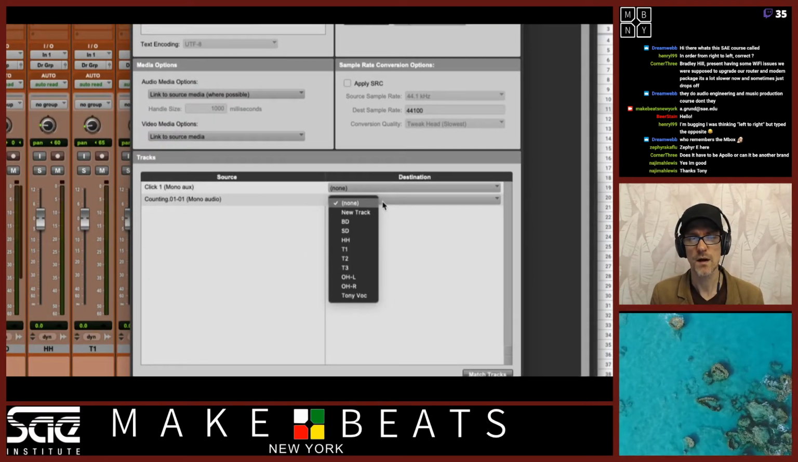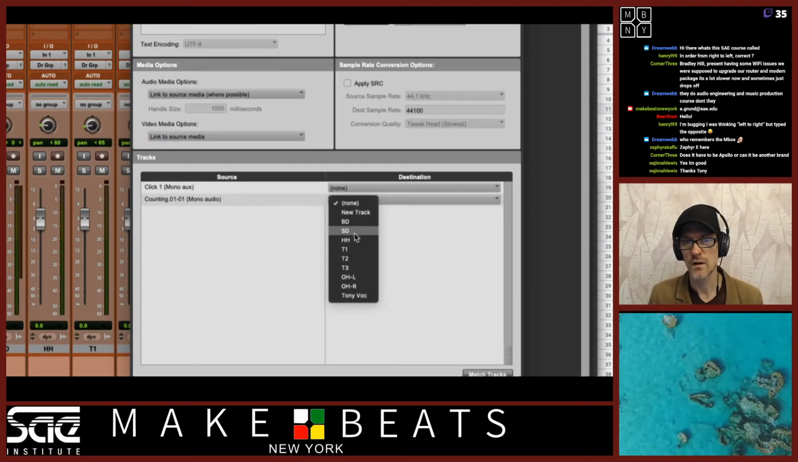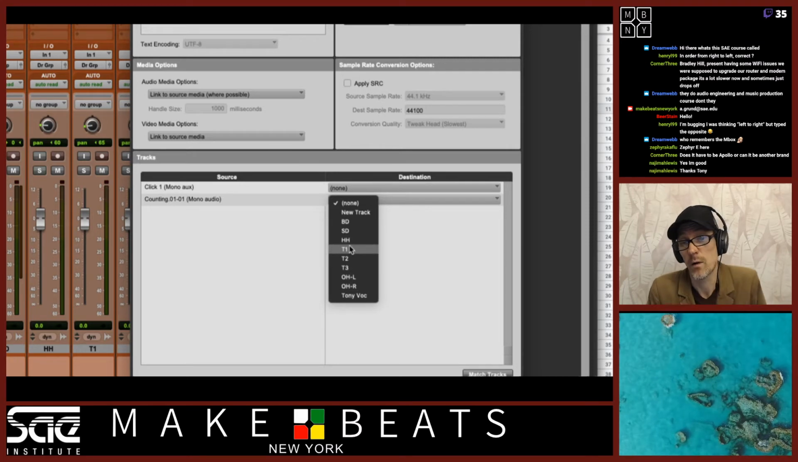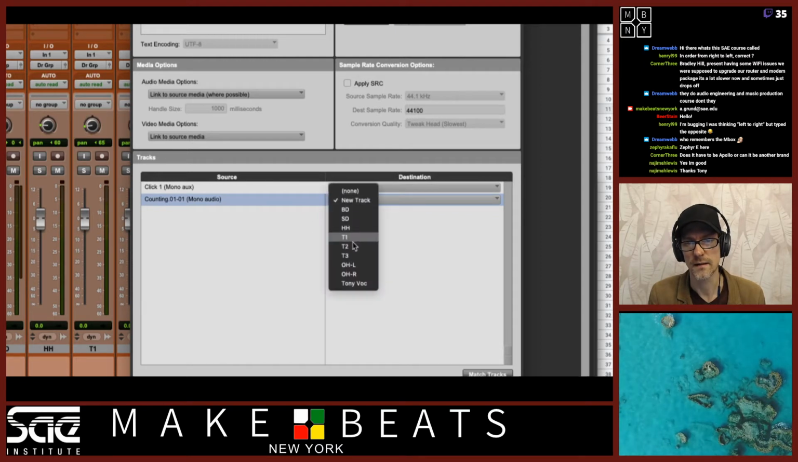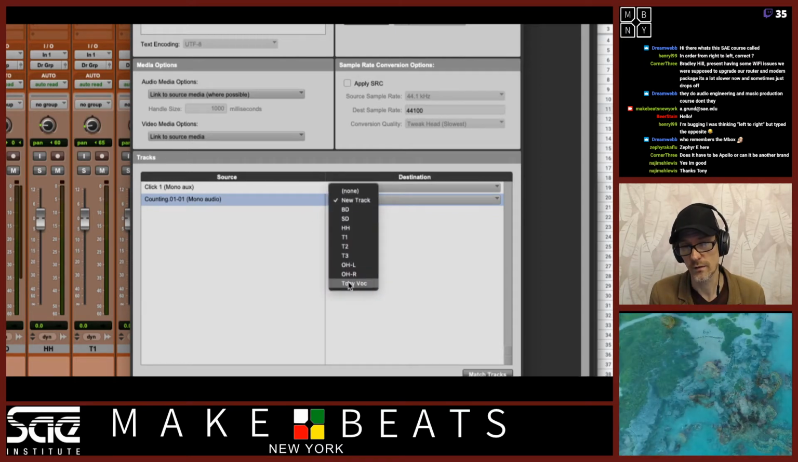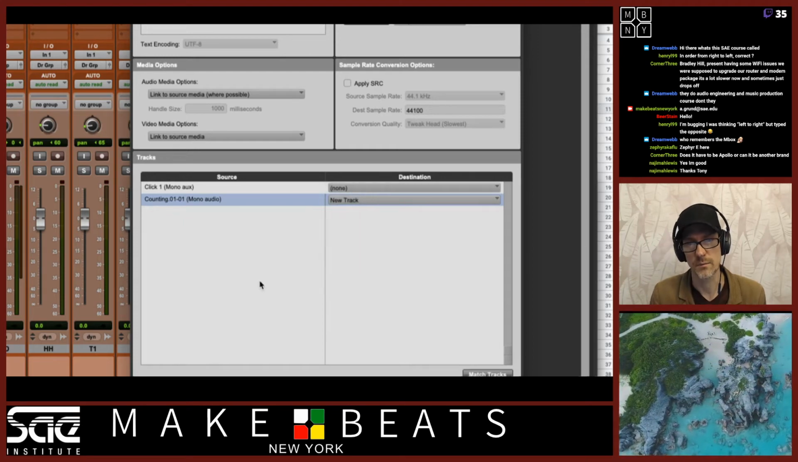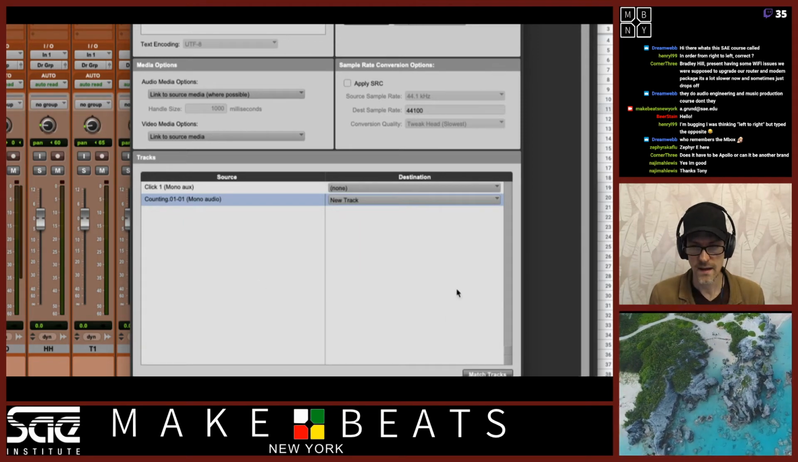So here, this is a mono audio file, right? So you can see I have a choice if I want to bring it onto one of my current tracks. If I just click it here, it's just going to go to a new track automatically. I could bring it onto my track that says Tony Vocals. Okay, I'm not going to do that. I'm going to bring in a whole new track. And then, again,